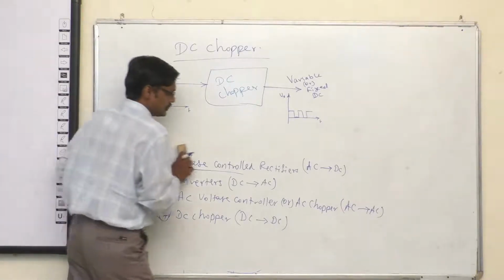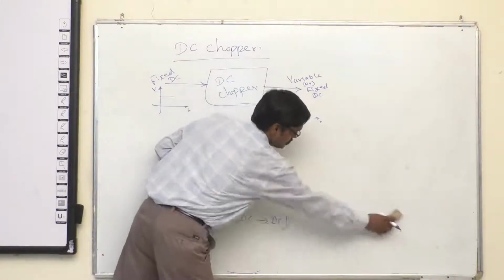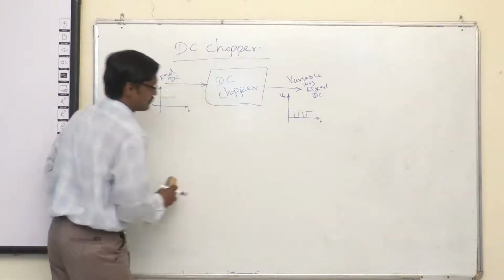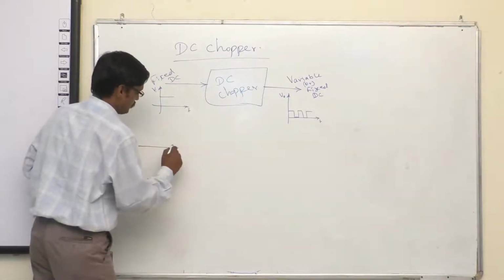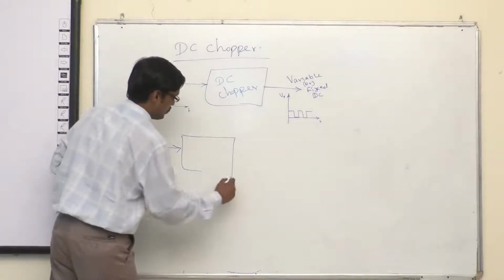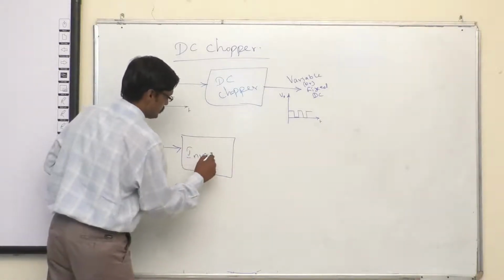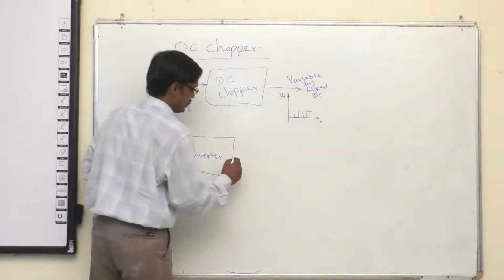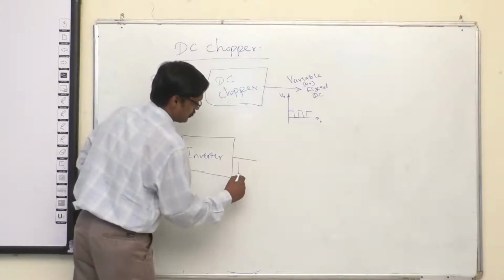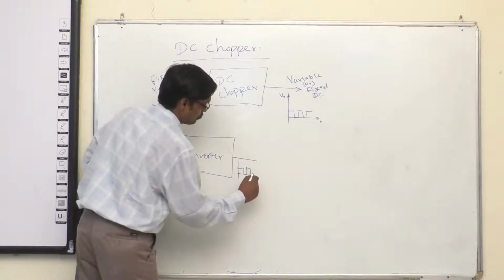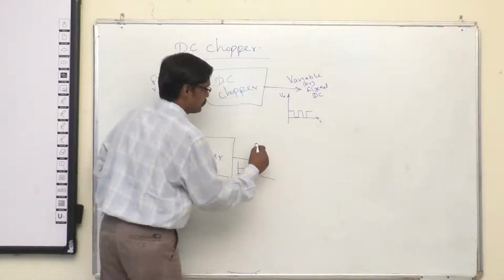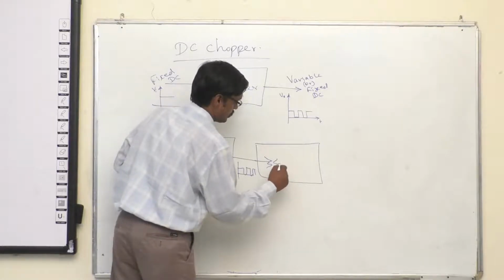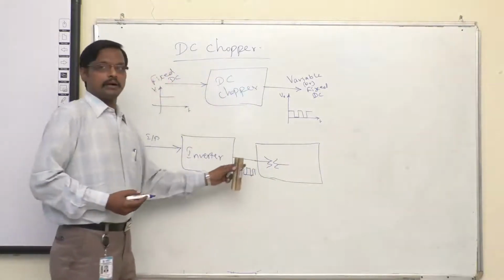In olden days, the DC to DC conversion is achieved by indirect method. That means we have a DC input. The DC input is applied to the inverter, so that you will get the AC output voltage. This AC output voltage is again applied to the transformer so that it may be stepped up or stepped down.